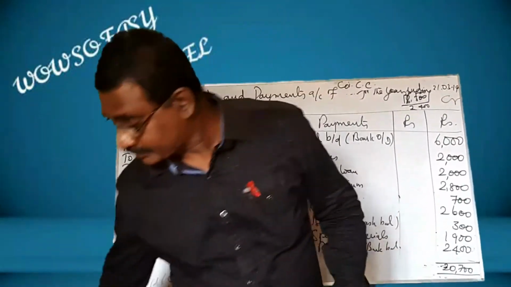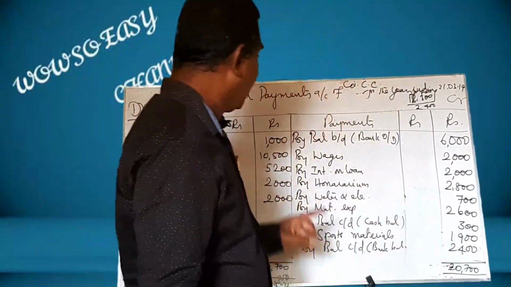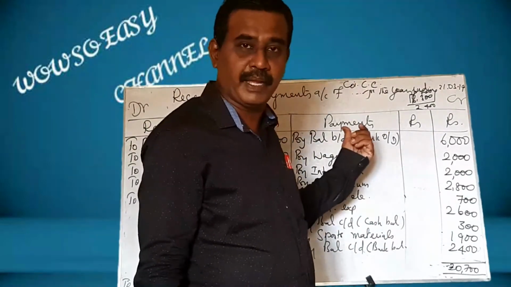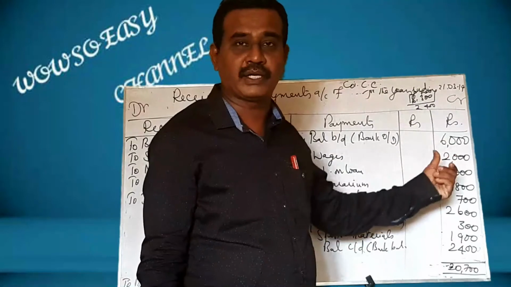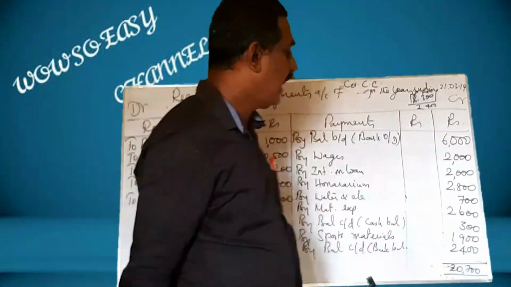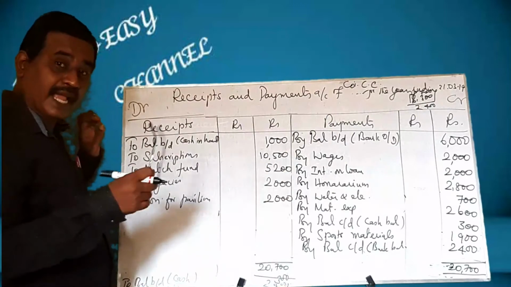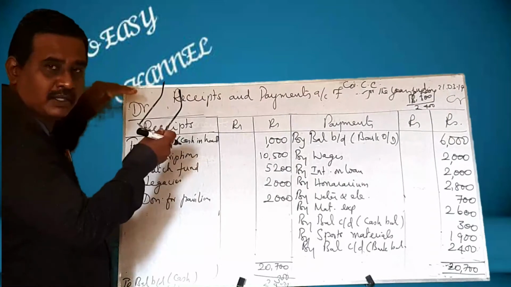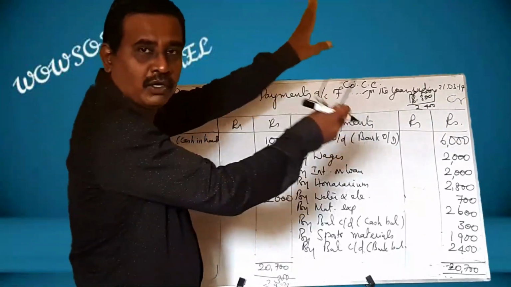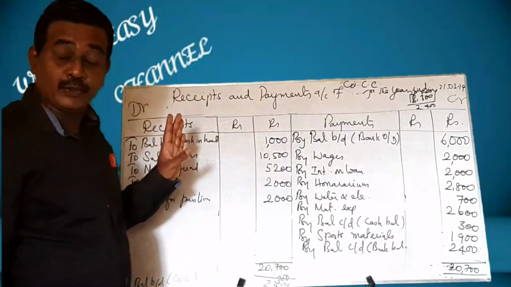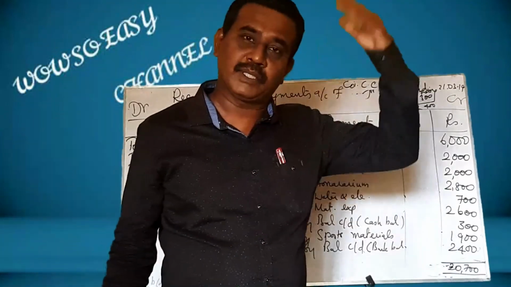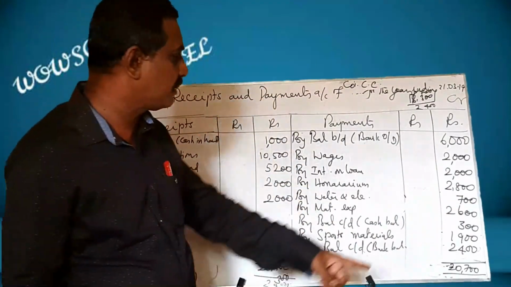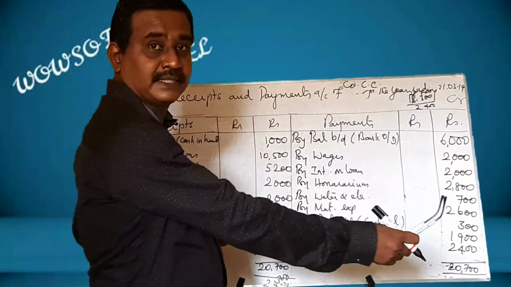And again, let me tell you one thing. If bank overdraft is given in the problem, bring it to the credit side, that is payment side, by writing by balance brought down. Bank OD, you have to write it in the bracket. And in this sum, they have given cash balance and bank OD. Cash balance should be taken to the debit side, and write all the receipts in this side, and write all the payments in this side. You need not worry about whether the amount is meant for the previous year or current year or subsequent year. If money comes in, write it here. If money goes out of the business, write it here, and then go for balancing these two.